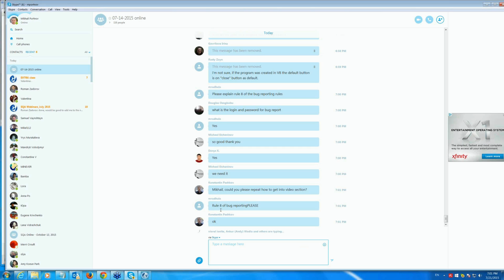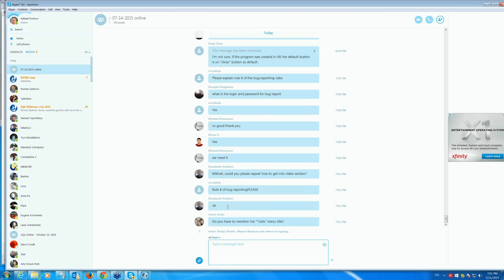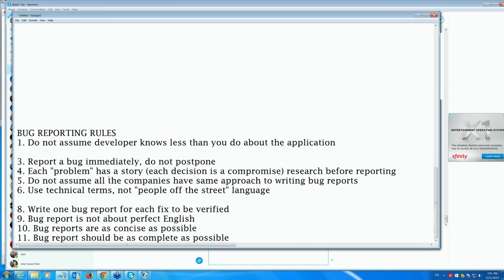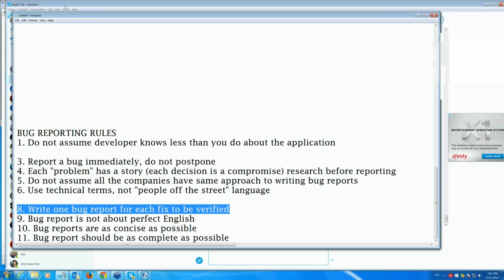So rule 8 of bug reporting. Okay, I said before I'm not going to record it. Rule 8 of bug reporting. Rule 8, let's take a look. What's rule 8? Rule 8 is write one bug report for each fix to be verified. We discussed that before, guys. If you think about